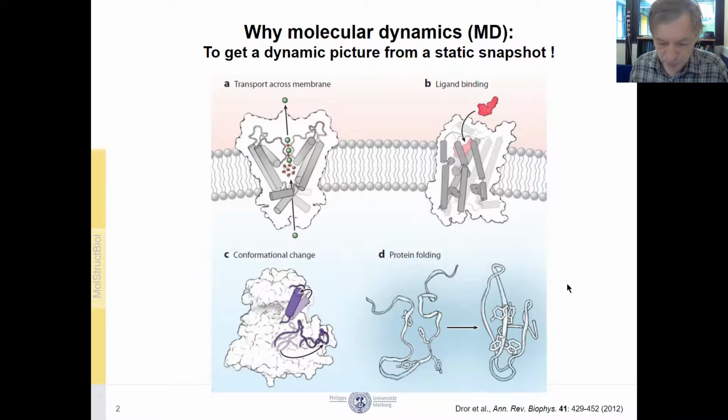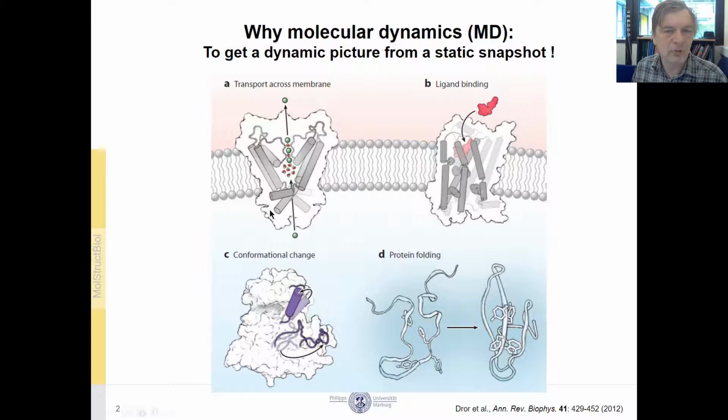So usually when you work in structural biology, and you are interested in making structures of this and that, you will find that structures are very nice. You can make fancy publications, for example by X-ray crystallography, NMR spectroscopy, or cryo-electron microscopy. However, usually you get a nice structure, and the structure is a static picture, a three-dimensional picture that is fixed in space. So this is not necessarily telling you anything about what is going on in reality when this